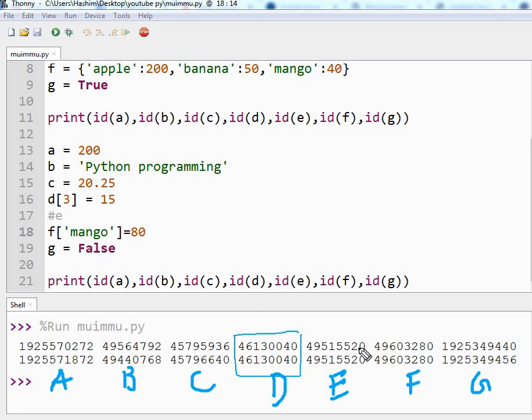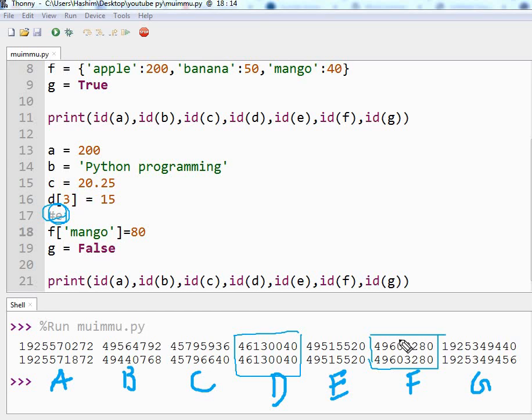And for the variable E, we did nothing. We have not actually changed anything, so it will remain as it is. But for the information, the tuple is immutable. If you do change the tuple, the memory address will change. And F, which was a dictionary, we have changed the value, but the memory address is the same.